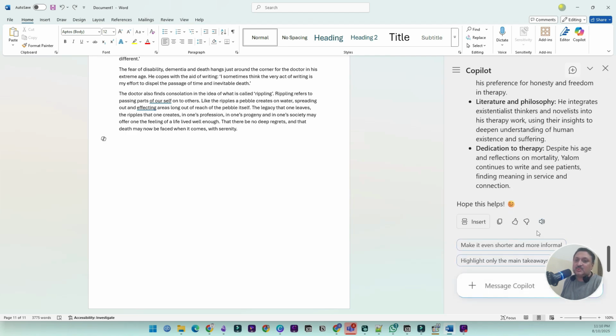In this way you can generate, and you can see it gives me another prompt to make it